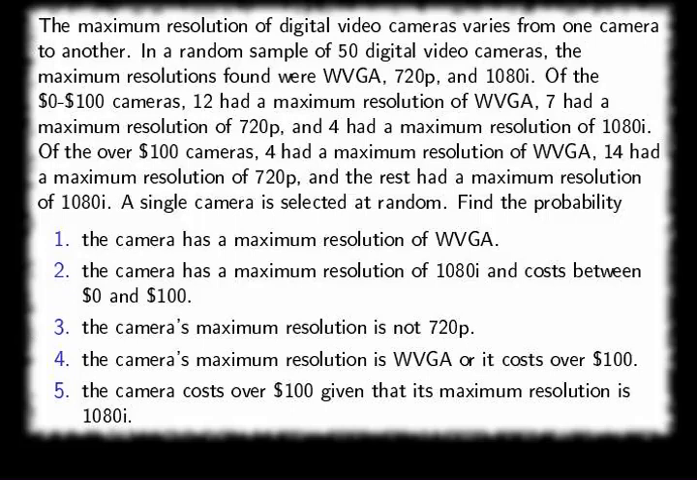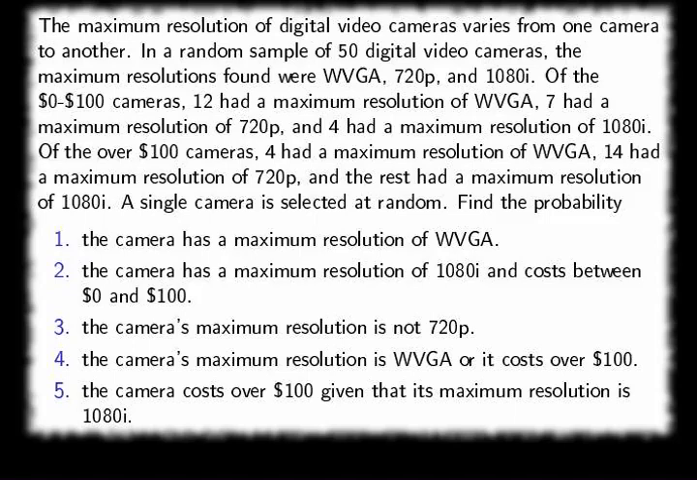The maximum resolution of digital video cameras varies from one camera to another. In a random sample of 50 digital video cameras, the maximum resolutions found were WVGA, 720p, and 1080i. Of the $0 to $100 cameras, 12 had a maximum resolution of WVGA, 7 had 720p, and 4 had 1080i. Of the over $100 cameras, 4 had WVGA, 14 had 720p, and the rest had 1080i. A single camera is selected at random. Find the probability